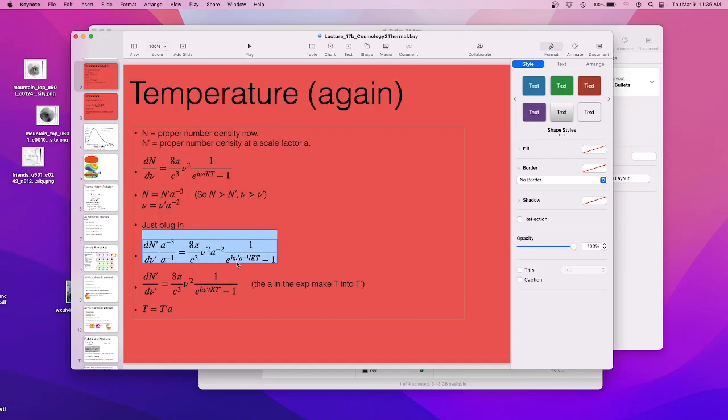And so we just say, instead of just having this extra A in here, let's just say the temperature changes, because that's equivalent. So what we see from this is that if I start off with a black body in an expanding universe, it stays a black body, and the temperature goes down with the scale factor. So as the scale factor gets bigger, the temperature goes down. So this is a super, super handy feature. I can ask you what the temperature was 40,000 years ago, and you can tell me. Now, 40,000 years isn't very long, so it's the same as it was today, but I can ask you what the temperature was as a function of time, and you can get it for me.